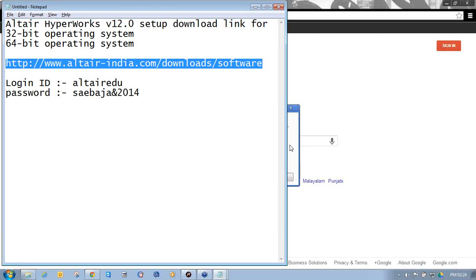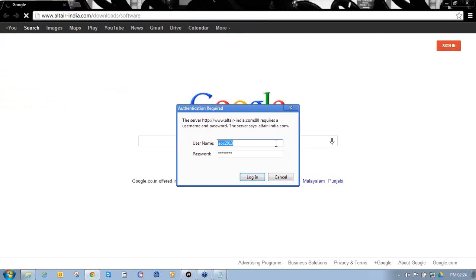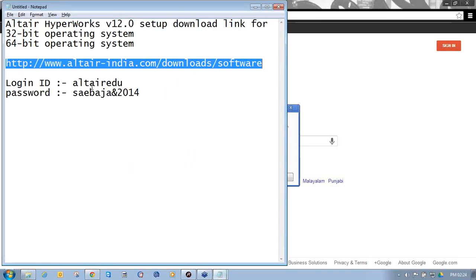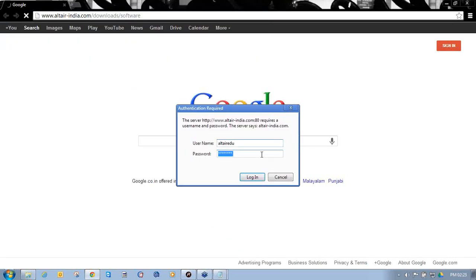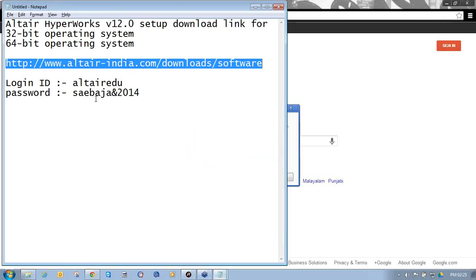So enter the login ID as ALTAIREDU, as you can see here, and the password as SAE Baja, BAJA, and 2014. You can check it from here, SAE Baja and 2014.